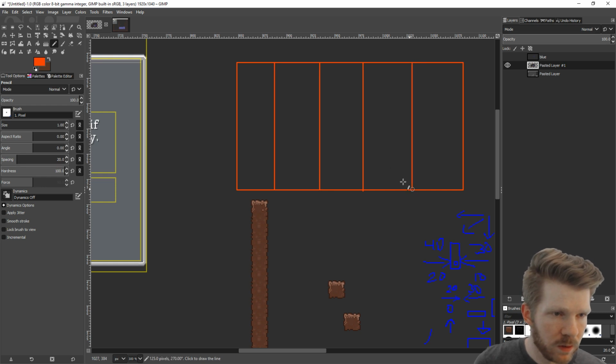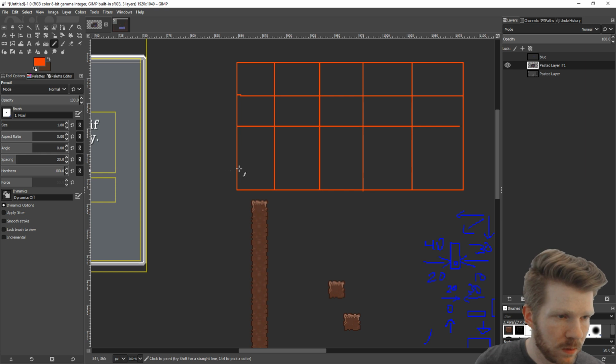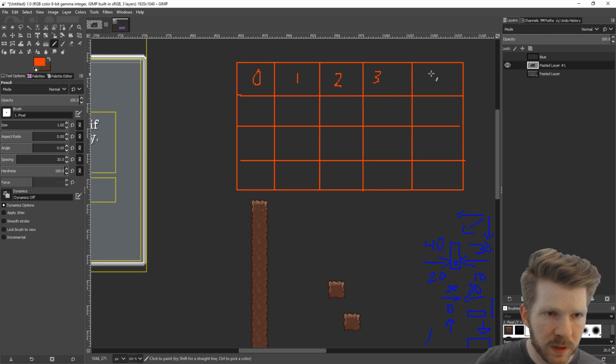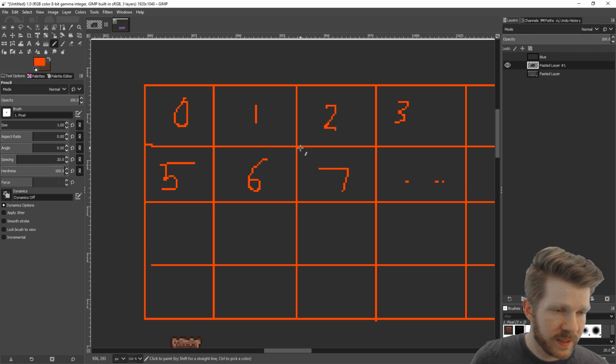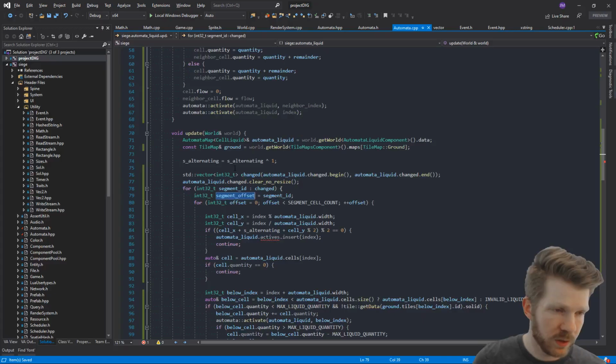Whatever. Doesn't matter. It doesn't need to be perfect. So this is 0. That's 1, 2, 3, 4, 5, 6, 7, etc. So if we say, oh, we're at 7, all we just have to do to figure out this exact position is say, hey, let's get the segment X and Y, which is going to be,